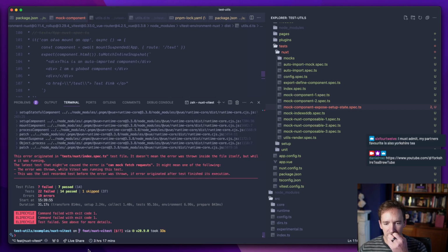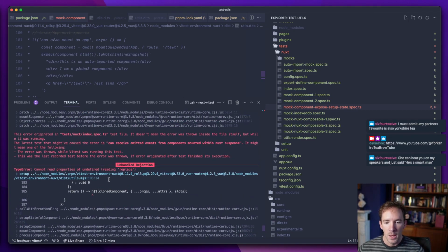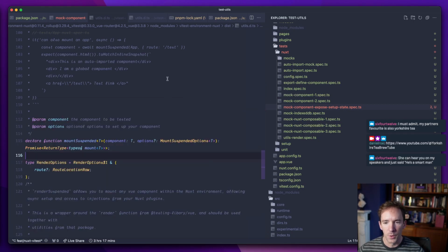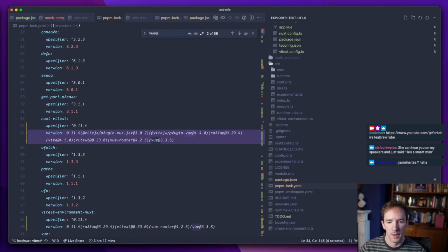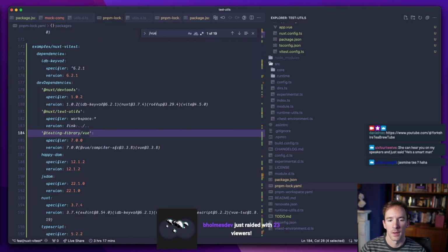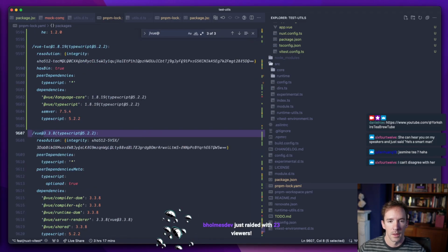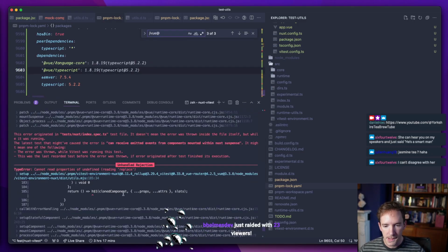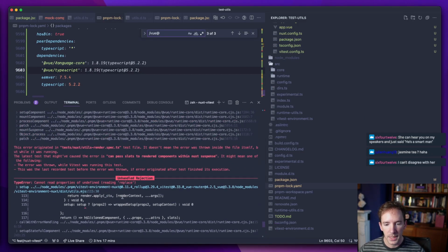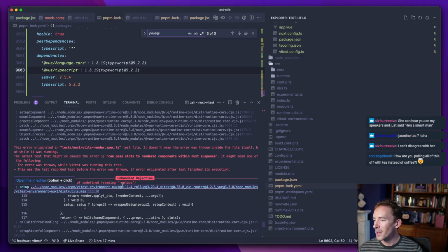Where am I? Tests are failing. They've not mysteriously been fixed by going away. But I think, is it view? No, not as simple as that. But basically this error that we're getting here is something is